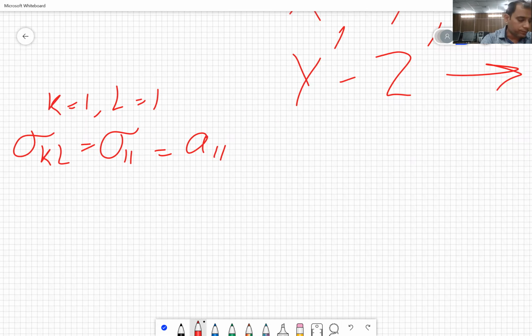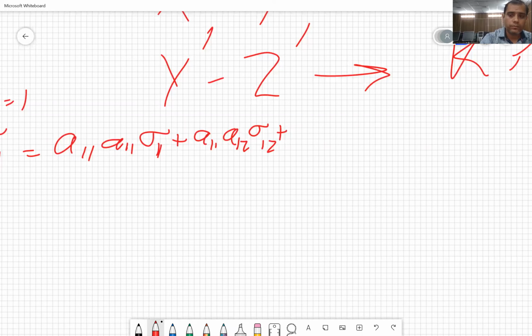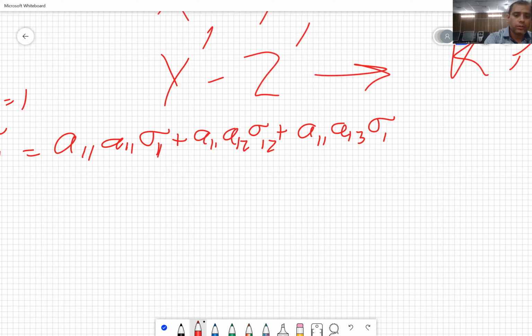So it will be A11 A11 sigma 11 plus A11 A12 sigma 12 plus A11 A13 sigma 13. Similarly, we are writing here